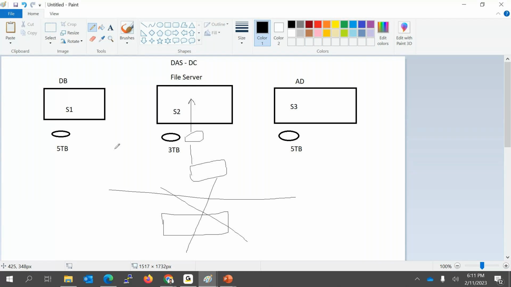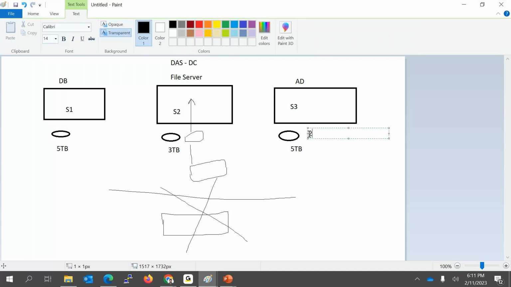Another side, I have Active Directory. Okay, similarly, I have very lightweight servers running. I'm very much sure that it is going to consume a maximum of 2 TB of storage in its lifetime. Okay, and it does not go beyond 2 TB. So I still have 3 TB empty.